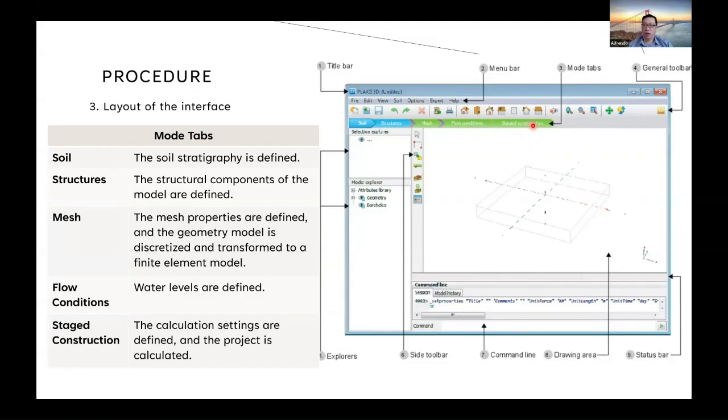So how you can define, for example, in today's demonstration, we start with the initial condition. Then after the initial condition, we model the pile cap and pile. Then after that, we apply the load. So there are three stages: initial condition, stage 1, and stage 2. Then later on, after site response analysis, if we want to incorporate the seismic, we can add in stage 3 for a seismic application.